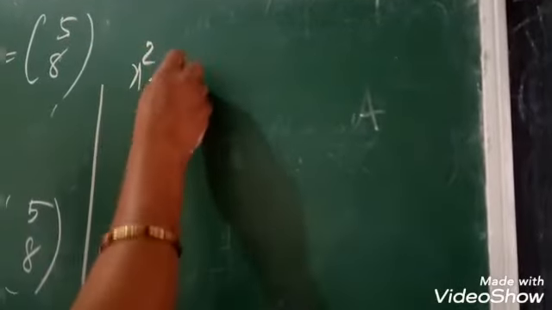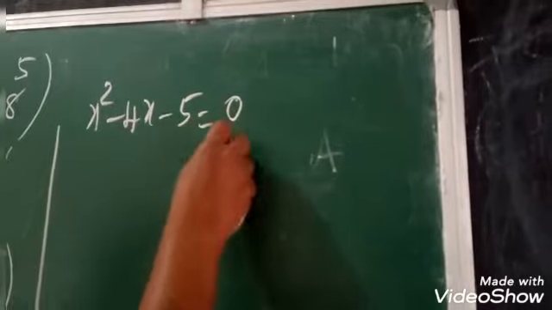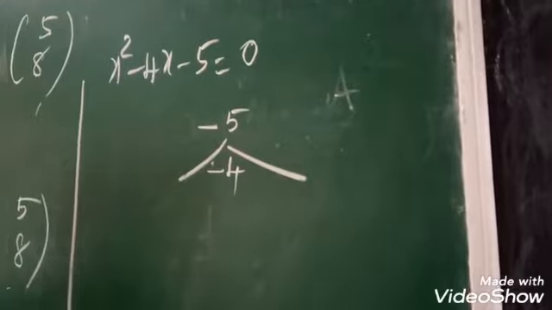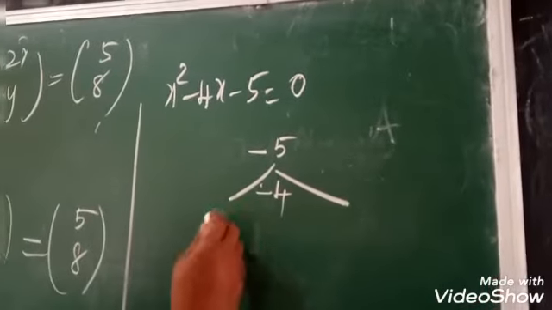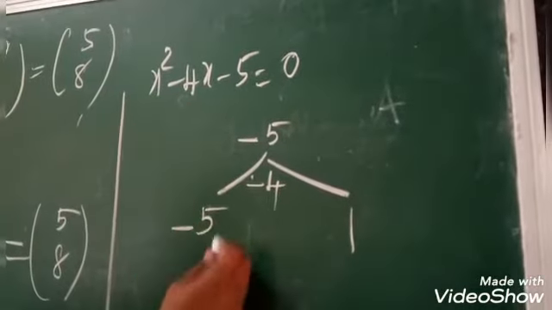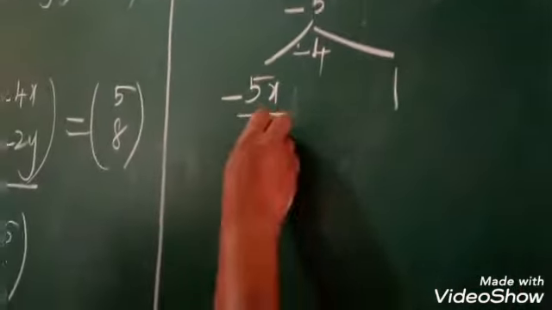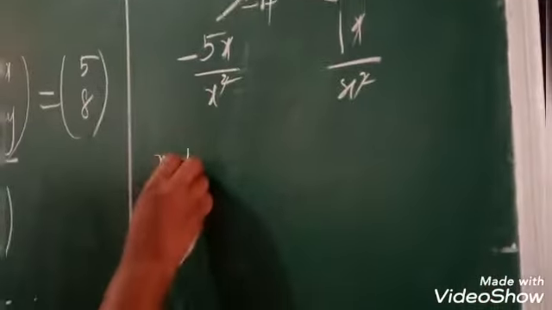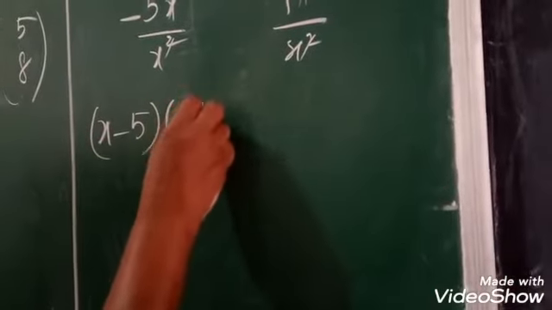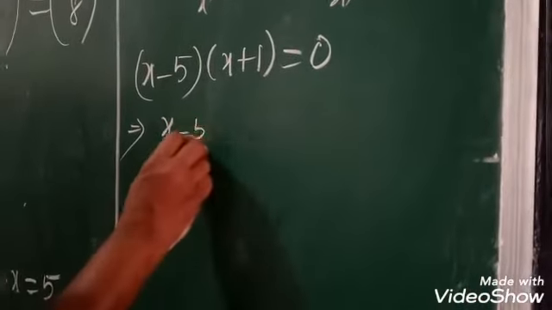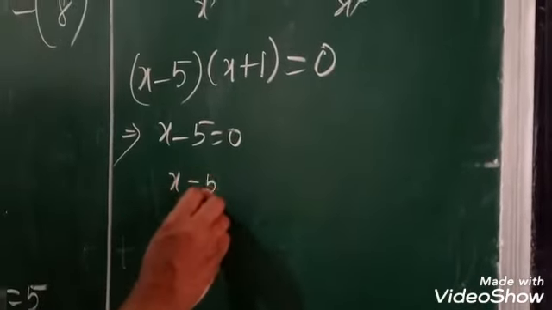Can you see? First x squared minus 4x minus 5. You already studied in factorization. If you multiply you get minus 5, if you add you get minus 4. So what are the factors, girls? Yes, 5 ones are 5. But here minus 4, so the bigger number is minus. So the factors are x minus 5 one factor and x plus 1 another factor. Now either one is 0: x minus 5 is 0 means x is equal to 5.